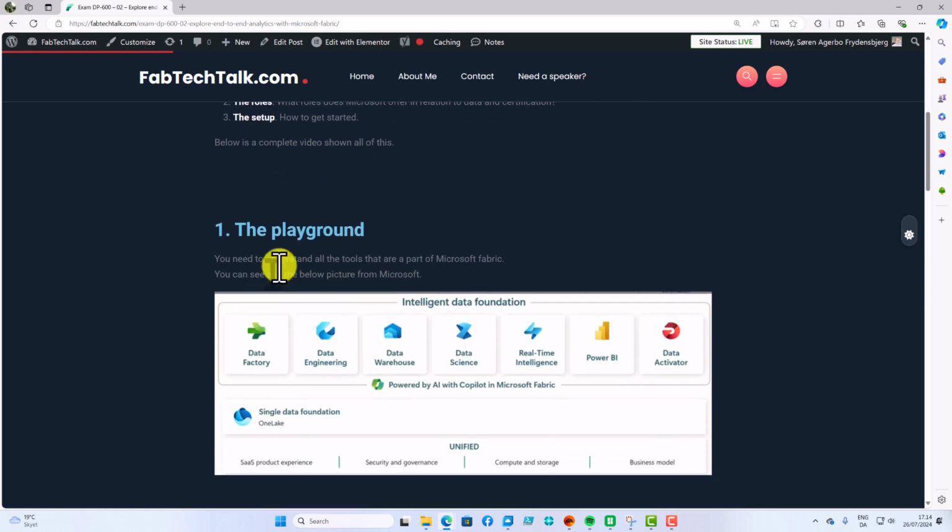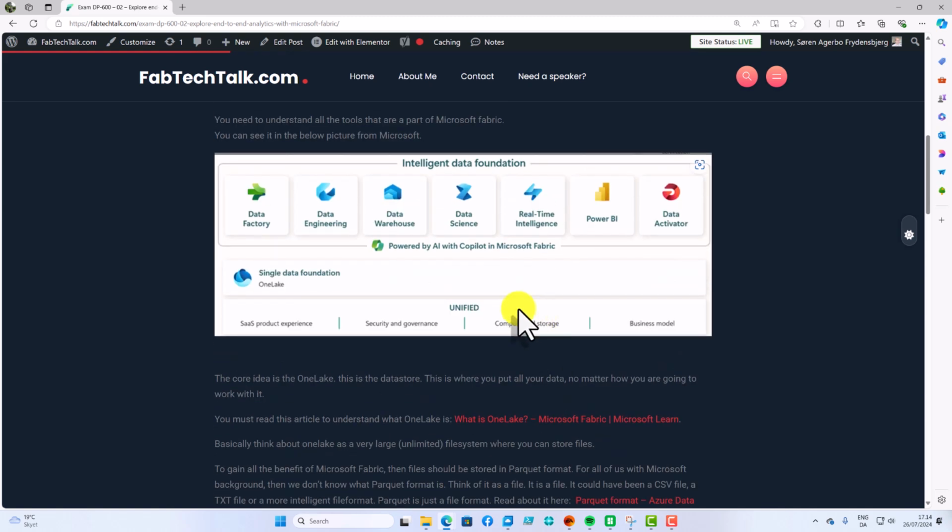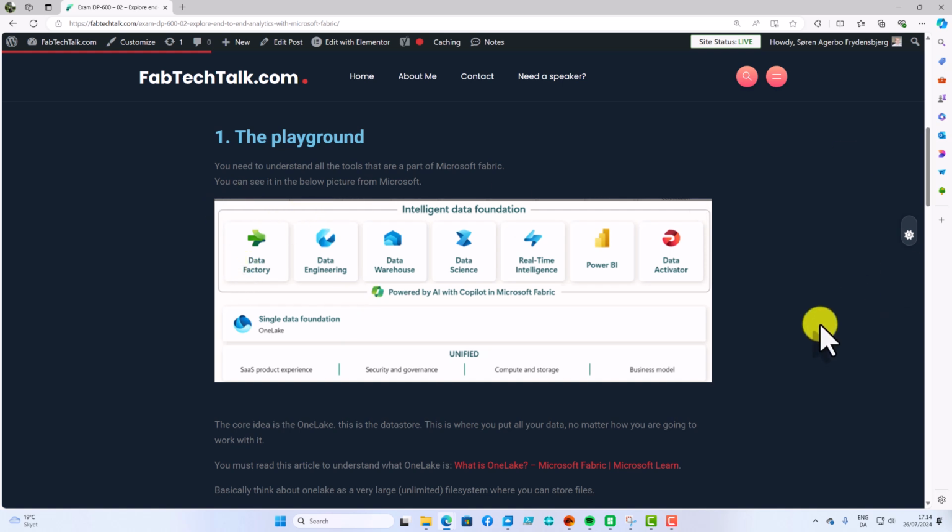The way I've done it is I've written a few comments here, and then I added some links that you should read. So first off, the picture you see here is actually the most important picture you will see in the entire course. If we start in the middle, then we have something called OneLake, and OneLake is the data storage for Fabric. You can upload any type of data that you want, but we have one type that we often use, or we will be forced to use when we use some functionalities.